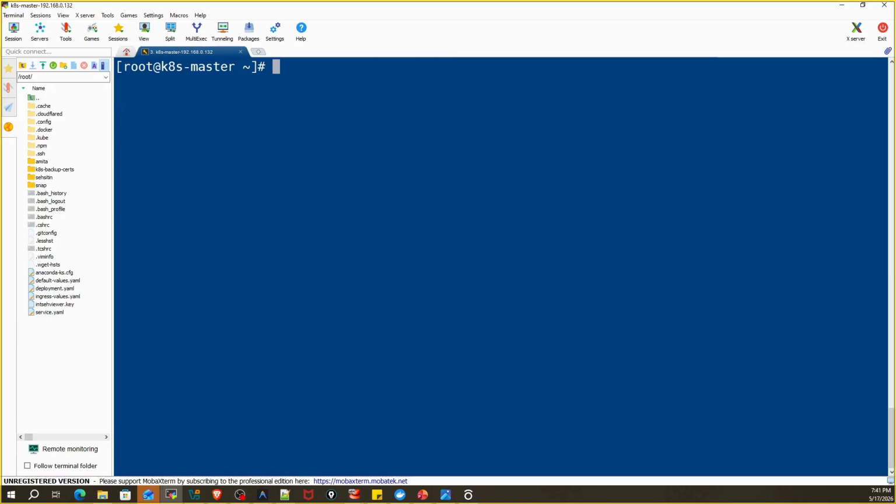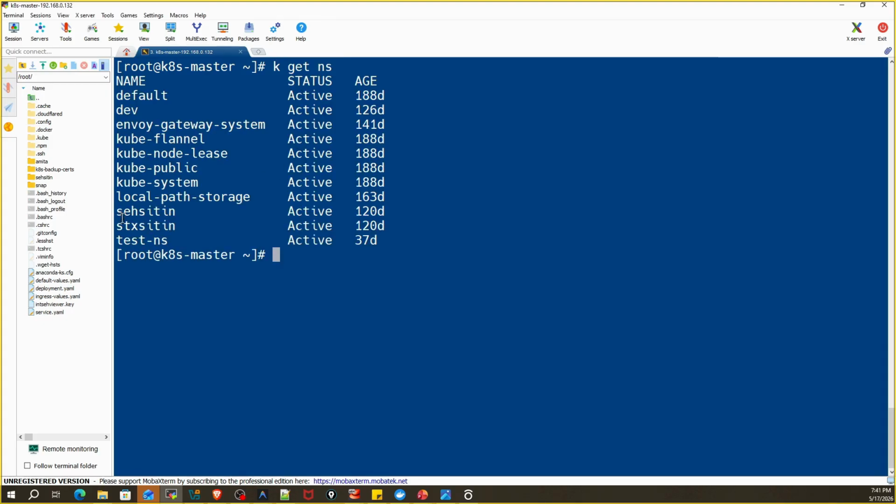We already have the namespace created. Let's verify it using the kubectl get ns command. Here we can see the SEH-SIT-IN namespace already exists. Now let's set our context to SEH-SIT-IN, so we don't need to pass -n every time.